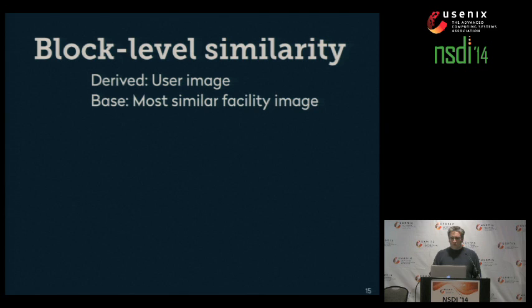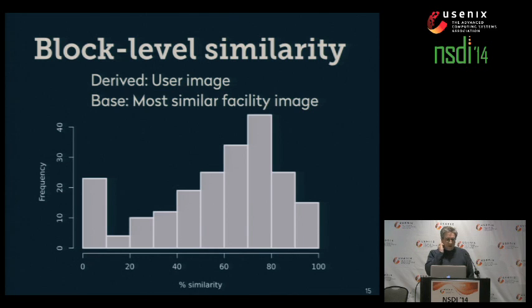So here, looking at the actual similarity in our data set, the derived images are going to be user images, and the base images are going to be the facility images that have the highest block-level similarity with that derived image. Emulab doesn't actually record the provenance of user images, so we have to use this heuristic. We assume that the most similar facility image is the one that a user started with. So this histogram shows that we actually have a lot of images that have quite a lot of similarity with their base. We have a lot of images up in the 60-70% range